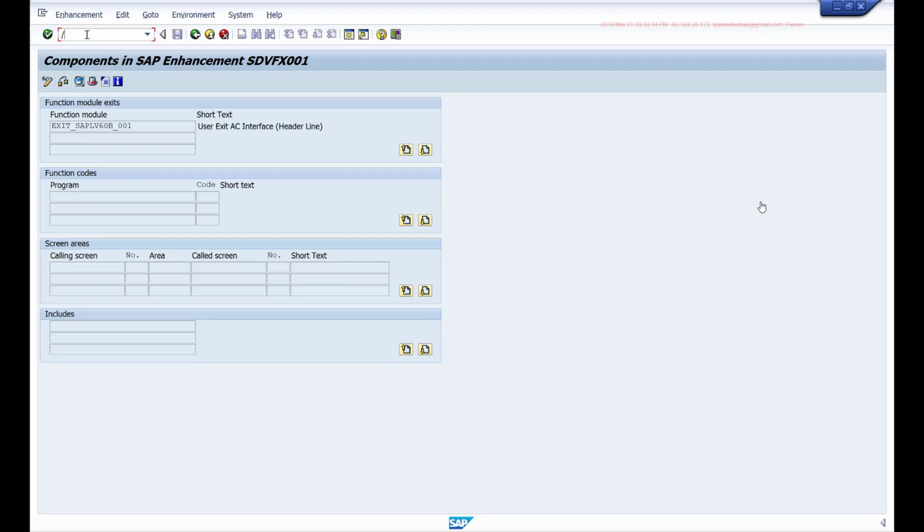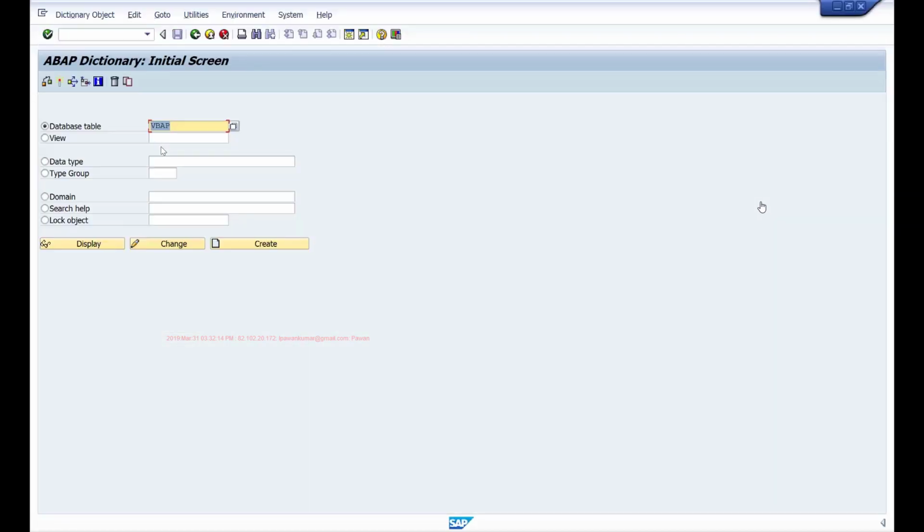But as I said, the good thing is, since these are standard enhancements, if you search in Google, you should be able to get some help based on your requirement. Another way of searching for this enhancement is, if you go to this table, MODSAP, all the enhancements are saved in this table.